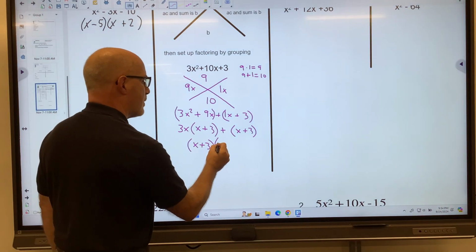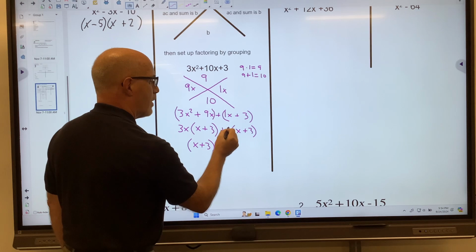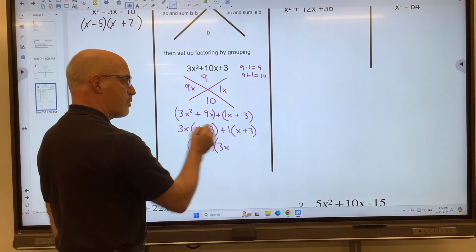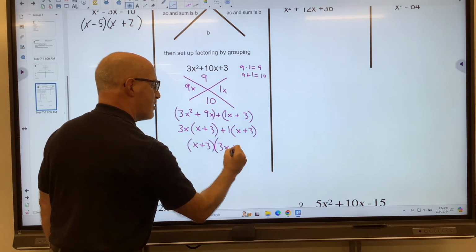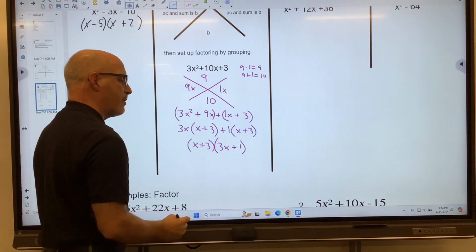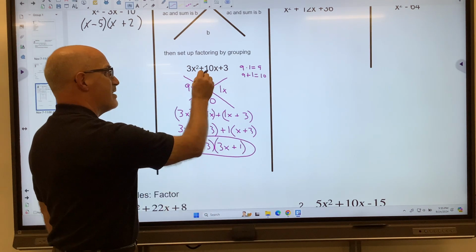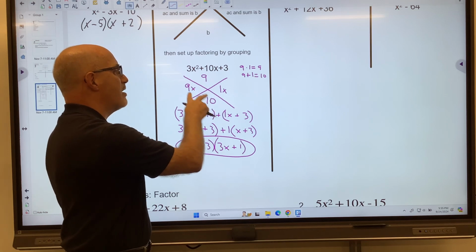I'm left with a 3x from this one, and you can think of this as factoring out a 1 out of this, because we can take out a 1 out of this and a 1 out of the 3. So it's left when you take out the x plus 3 and it's gone, you're still left with the 1 left over. And so this is the factorization of this trinomial